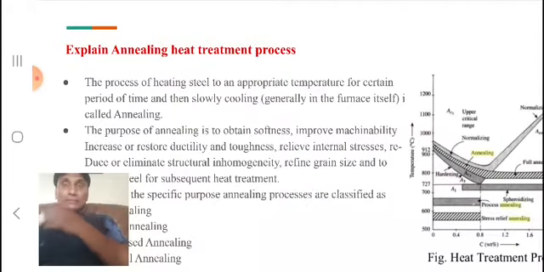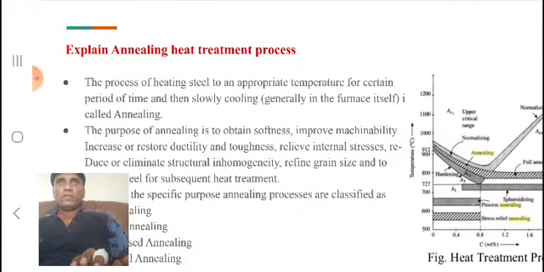In annealing, what we do is we heat the steel to the austenitic phase, and then we slowly cool it in the furnace so that all the internal stresses developed during the critical cooling rate or any cold working or hot working process, and the change in the grain size and shape will be restored, and any change in the mechanical properties will also be restored during the annealing process. So that is the main purpose of annealing.